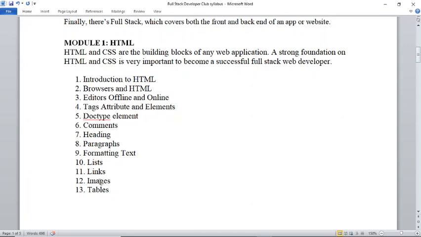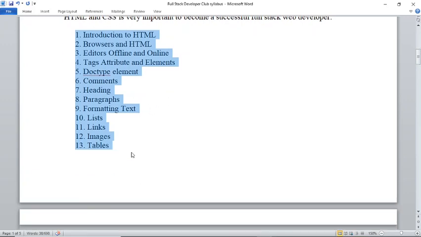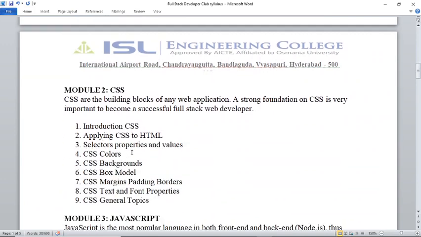We saw how to insert images, and we saw how to create a table. So in HTML, all these things we have done, theory as well as practical. So this was the first module. Then the second module in the full stack developer course is